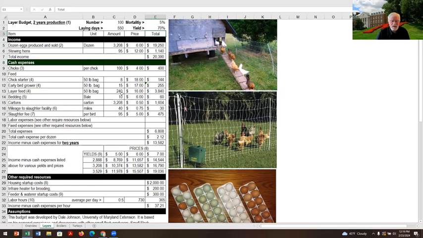If you were to do these calculations, I got 8 bags of chick starter for 100 layers, 15 bags of early bird grower, and 240 bags of layer feed. Again, that's for 2 years, at 3,200 dozen. Even in bagged feed, you've got your decisions. Should I buy layer mash or should I buy pellets? The pellets cost more, but I like the pellets, because when I see that layer mash all over the ground and the chickens aren't eating it, they'll pick the pellets up off the ground. Costs more, but I like it.